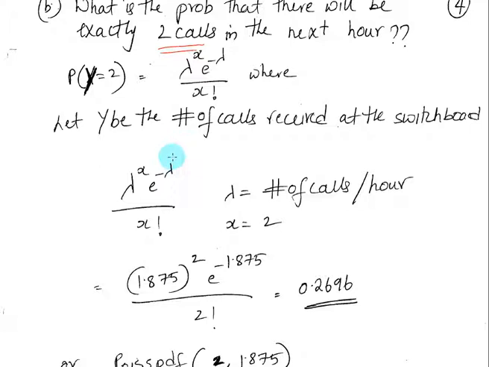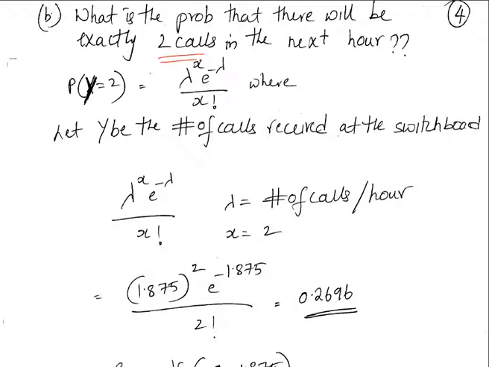Because in the previous part of this example, we talked about receiving phone calls in the next half hour. So how do we handle the scenario where we are being given an exponential random variable, but the question is a discrete question? Poisson random variable and exponential random variable have a very